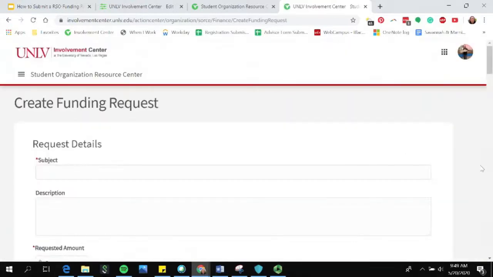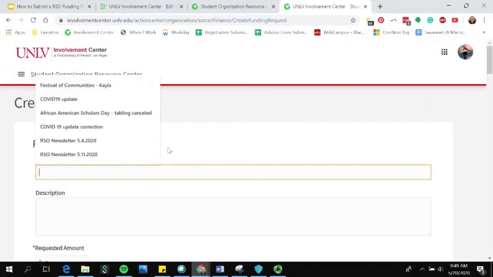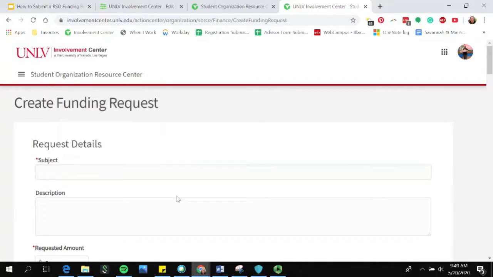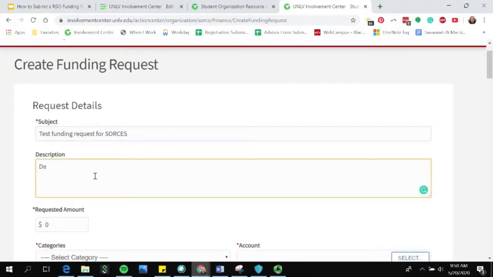So now we'll walk through a sample funding request. For the purposes of these, I'm going to type in several very short answers to questions there that may have opportunities to have longer answers, but I just want to show you what the application looks like. So the subject will be, for this, a test funding request for source. There we go. You'll enter in a description,